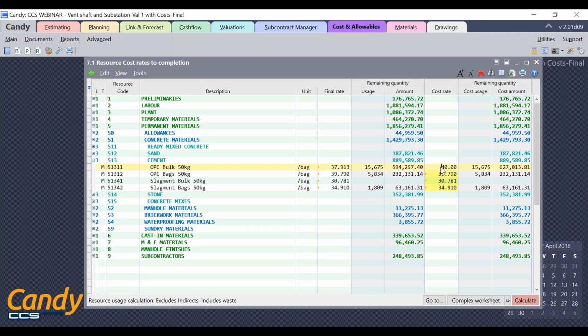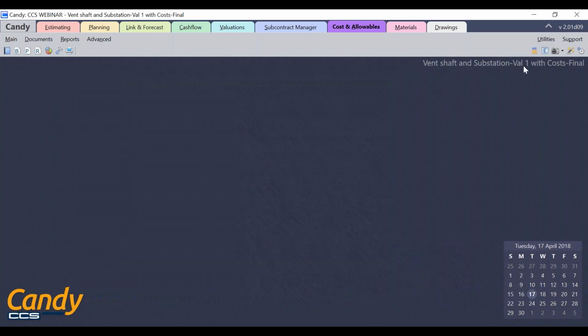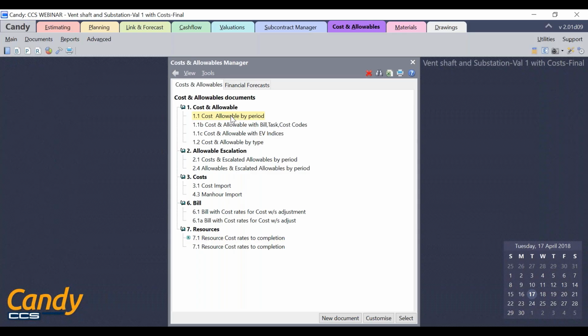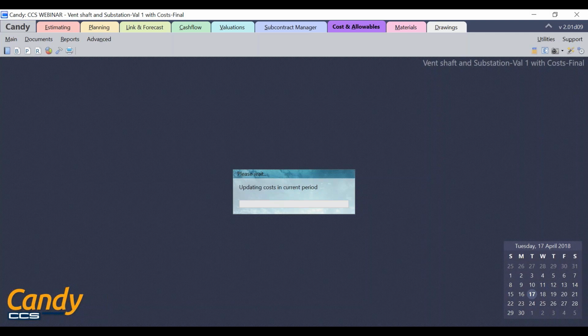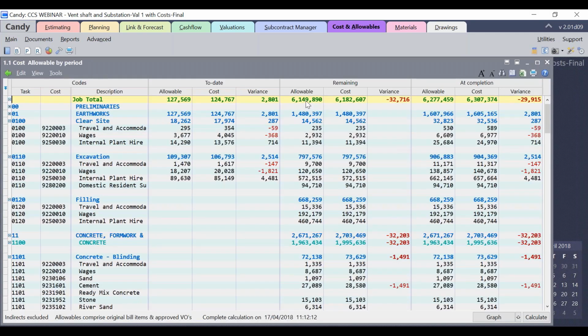Now let's see the effect of this cost rate update on the forecast cost to completion. So I'll close this resource cost rate to completion document and let me open up the document 1.1, which is cost and allowable by period. Now as you can see, the remaining allowable remains same as 6149890, but the remaining cost has increased to 6182607, resulting in a remaining variance of minus